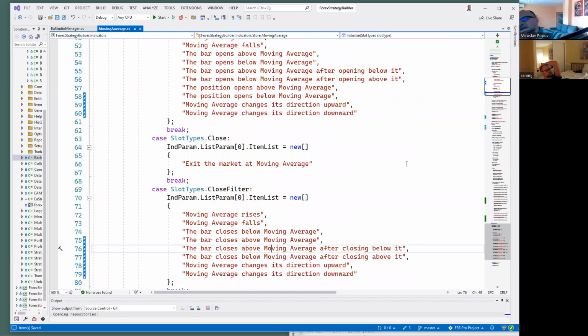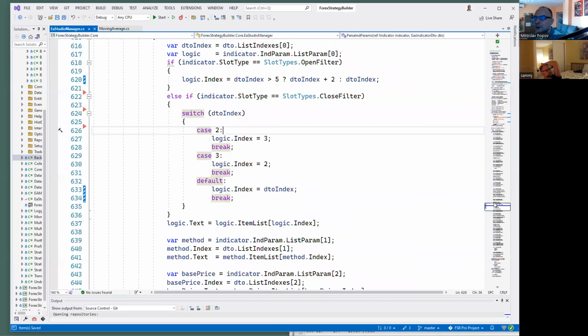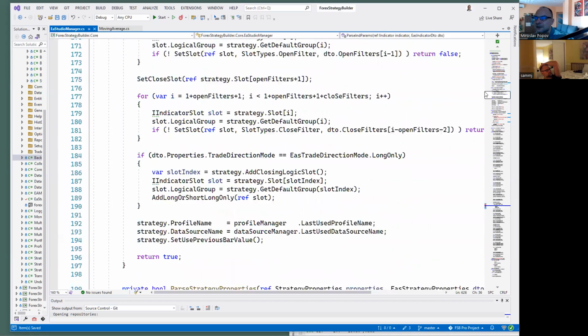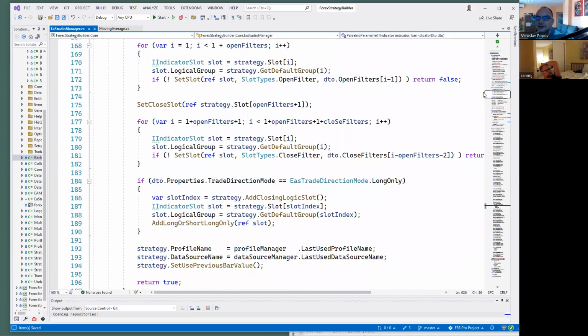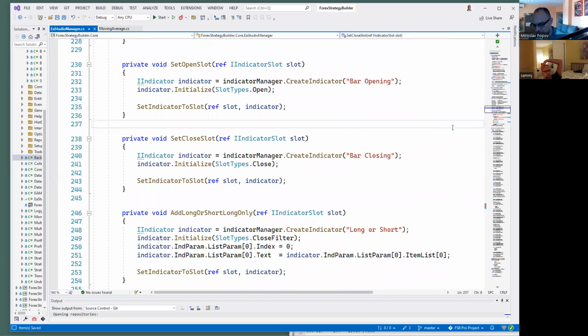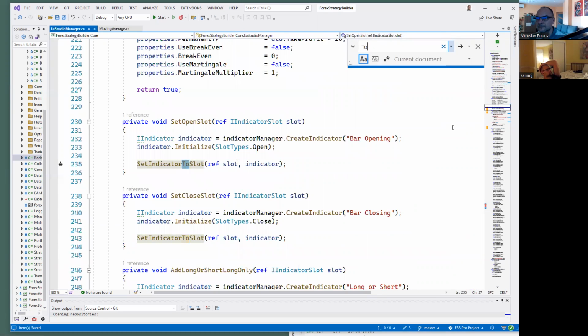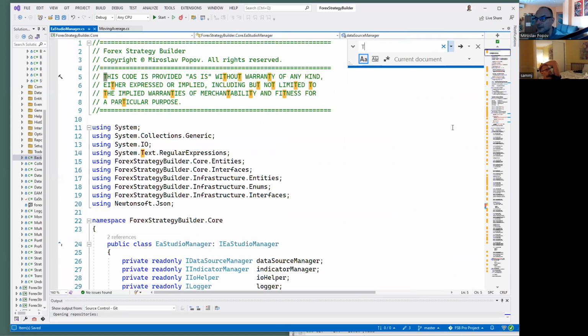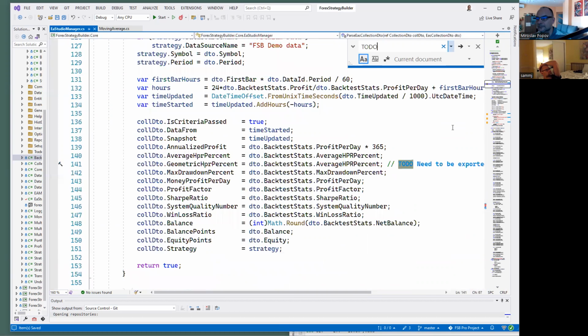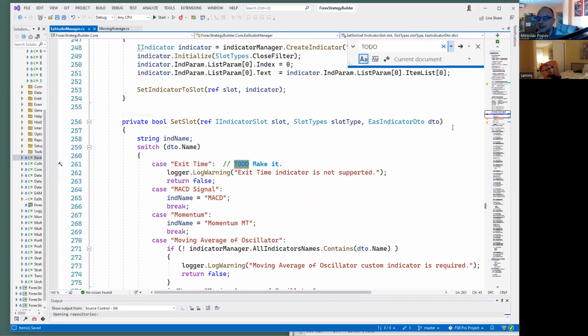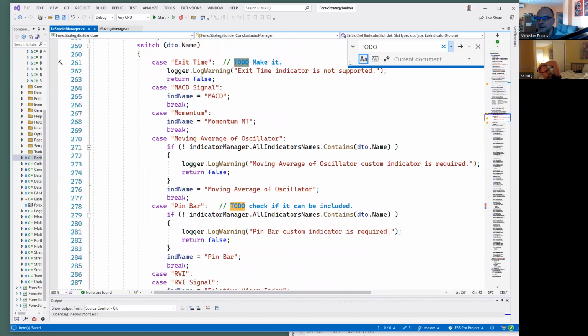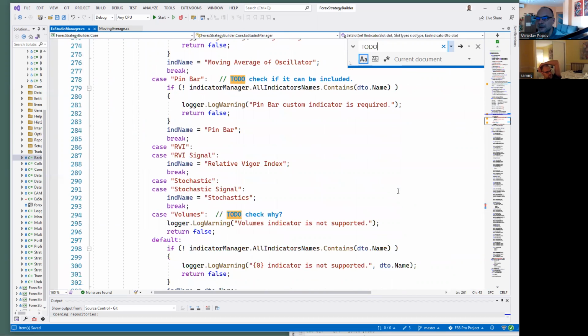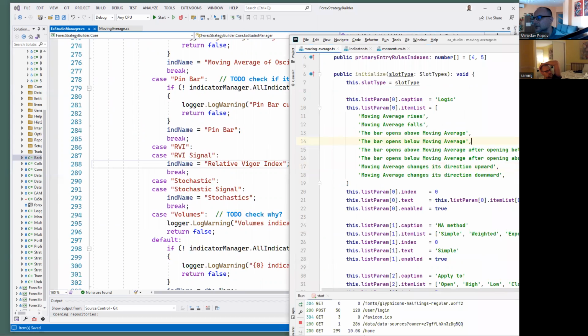Let's generate some strategies. We cover many indicators. What remains to do? We only have problems with... Where is my to-do? Exit time, which we're going to do next. Pin bar, and volumes. So if I go to EA Studio,